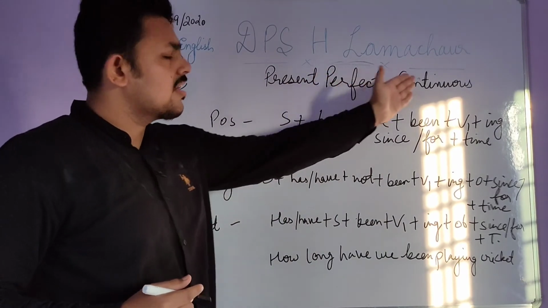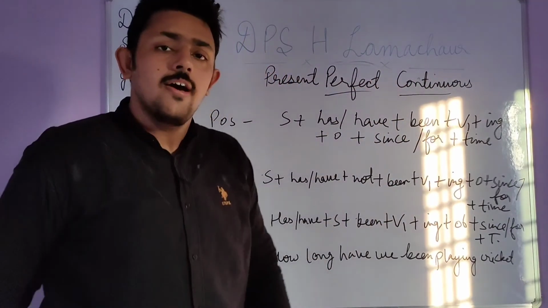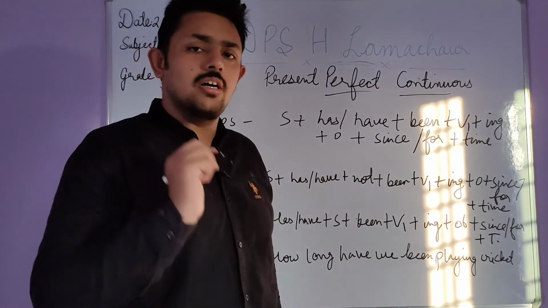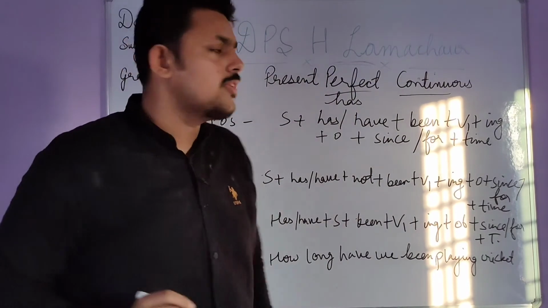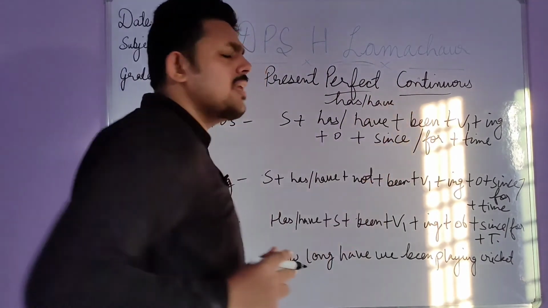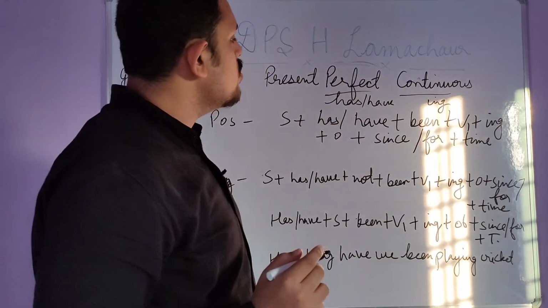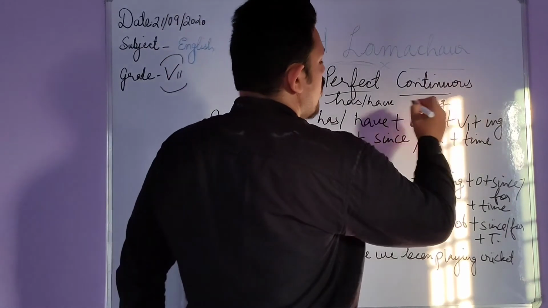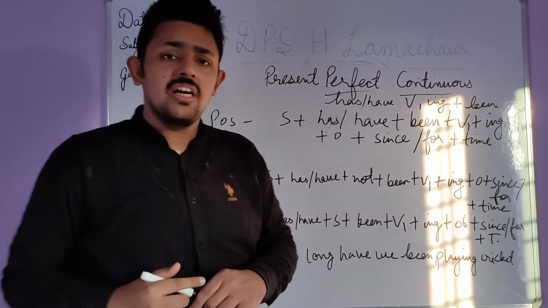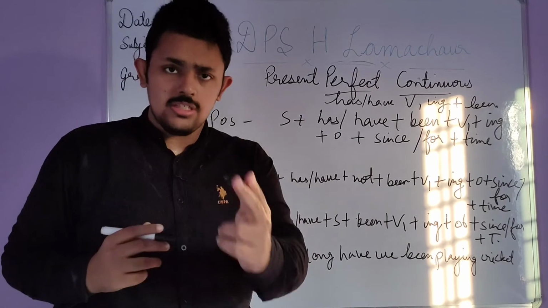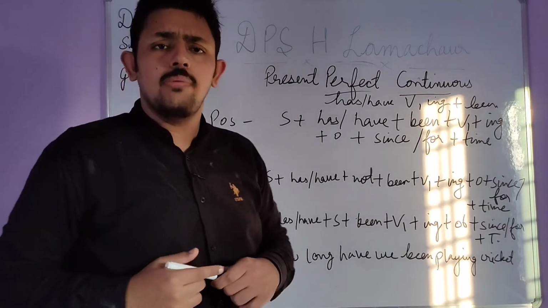Present perfect continuous tense. So what were the things we have seen with continuous tense and perfect tense? With perfect tense, we have seen that we were using the third form of the verb and has or have. So in the present perfect continuous tense, we will use has or have, and from the continuous tense, we will use the ing form of the verb, plus we will use the first form of the verb and been. So this will be the structure. Has, have will be there, ing form will be there, and the verb's first form will be there, third will not be there, and the word been will be there. So let's see how to frame the sentences.